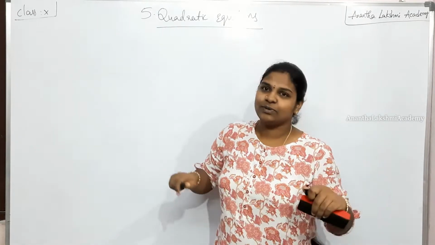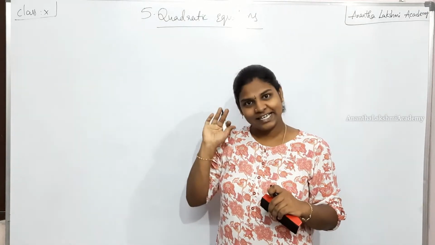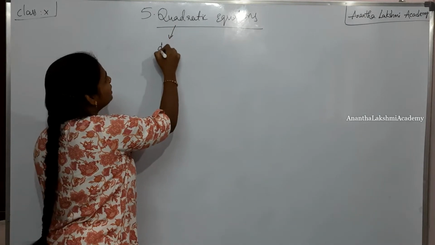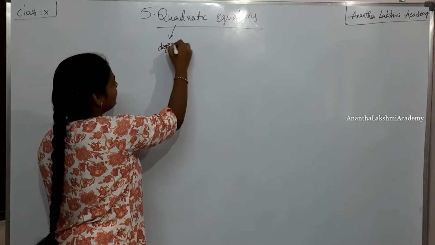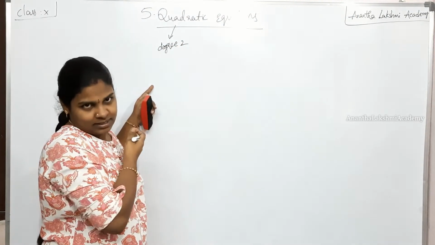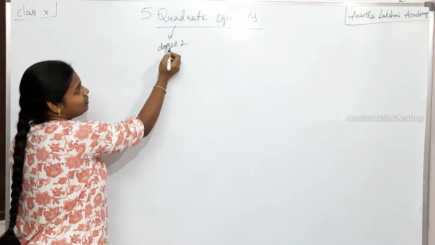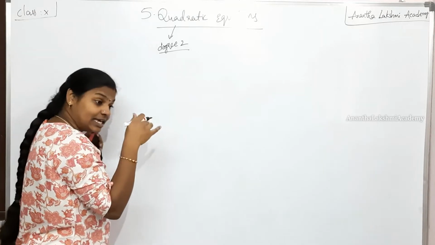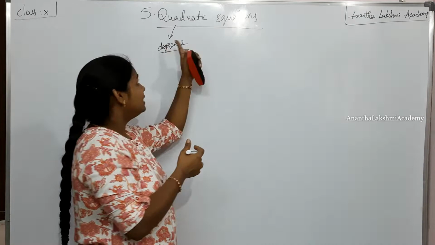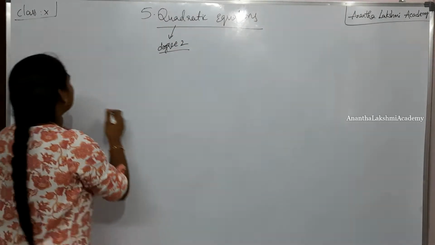So what is quadratic? From the knowledge we gained in our polynomials chapter, quadratic is nothing but any expression which contains a degree of 2. What is a degree? Degree is nothing but the highest power of x, isn't it? The power of x is known as degree. The equation in which the maximum power of x is 2, that is degree 2, is known as a quadratic equation. Let me give you an example.